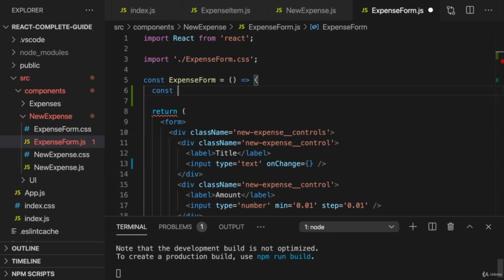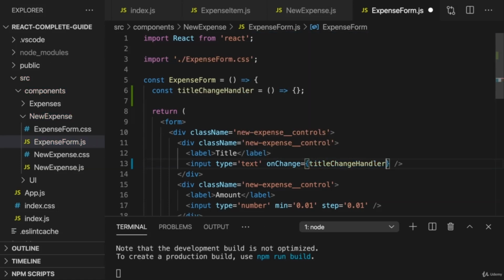I'll add a new const and name it titleChangeHandler to make it clear that this will be called upon an event. I end with "handler", and I'll name it titleChangeHandler because this function, which I'll store here, should be executed whenever this title input changes. So here, for the onChange prop, I'll pass a pointer at this titleChangeHandler, so at this function here,